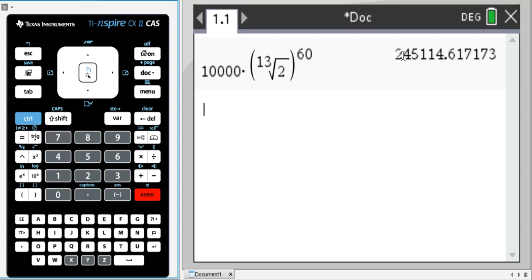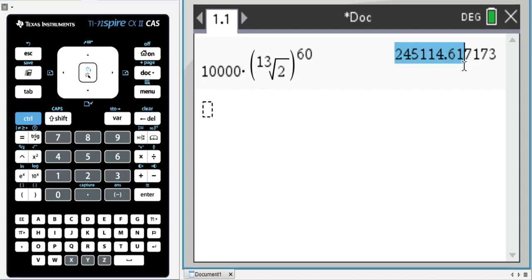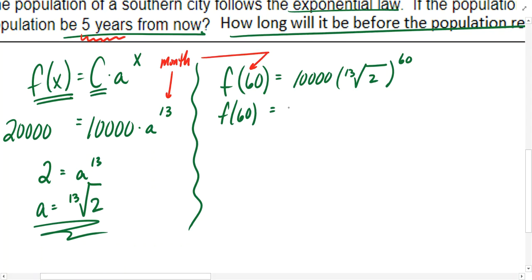In reality, though, a population can't really have a portion of a person or a portion of the population, so we'll go ahead and round this to whole numbers. The instructions on the test aren't going to be real specific about that. However, what I would like to see is an answer with 4 decimal places and then rounded appropriately, whatever you think would be appropriate for the particular problem. So let's go ahead and report that this is equal to